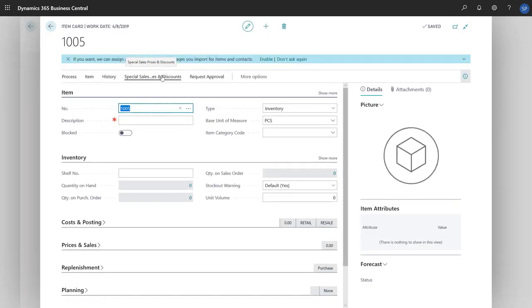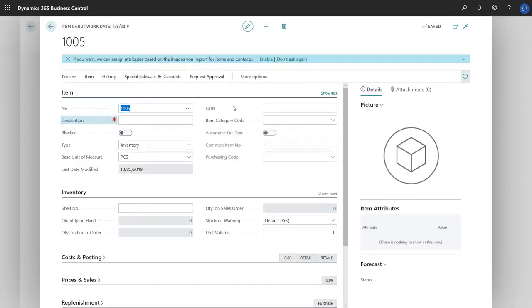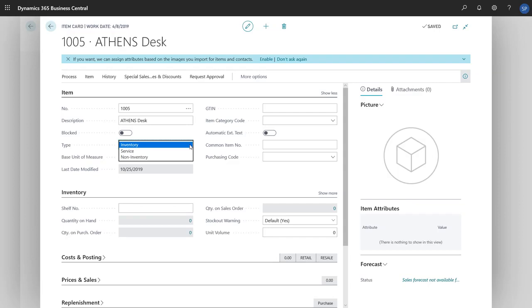On the Item Fast tab, we'll enter a description of the new item and choose the type. We can choose from 3 types of items. The inventory type is used for items that we track physical inventory for. Non-inventory is used for items that we don't track, and services for service items, such as those we bill based